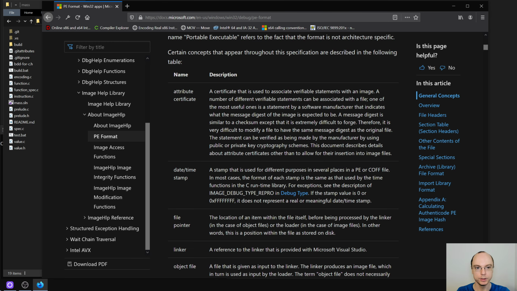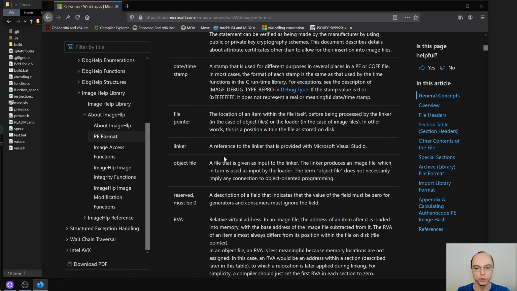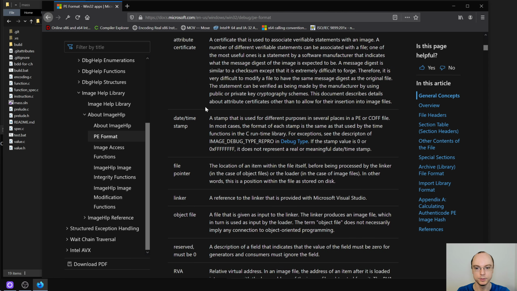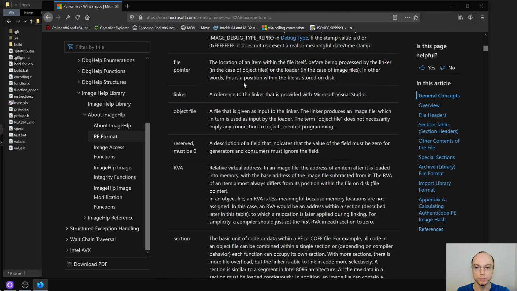There is a good summary for the different terminology that is used inside of this chapter, or I don't know, article. Basically,